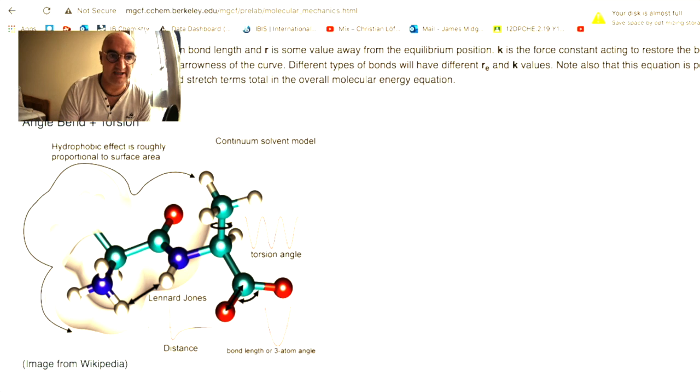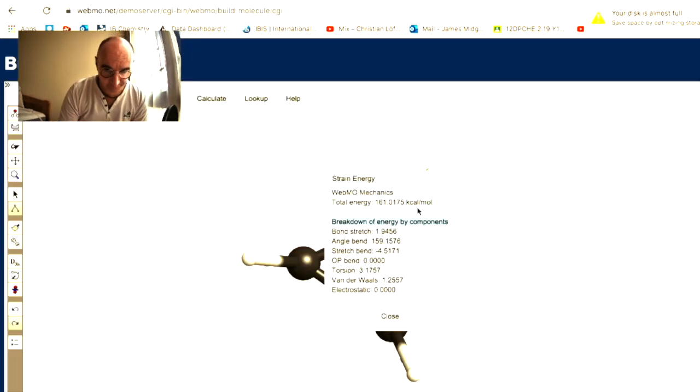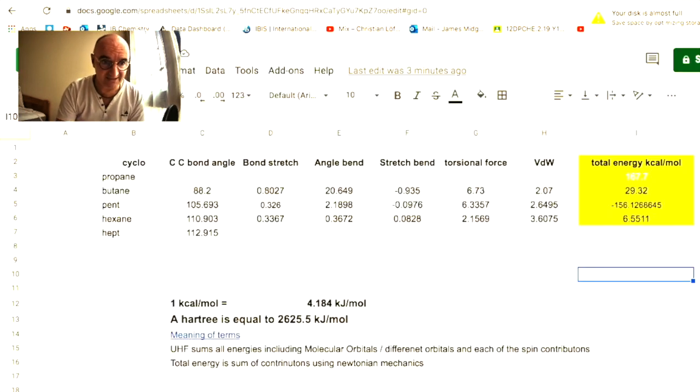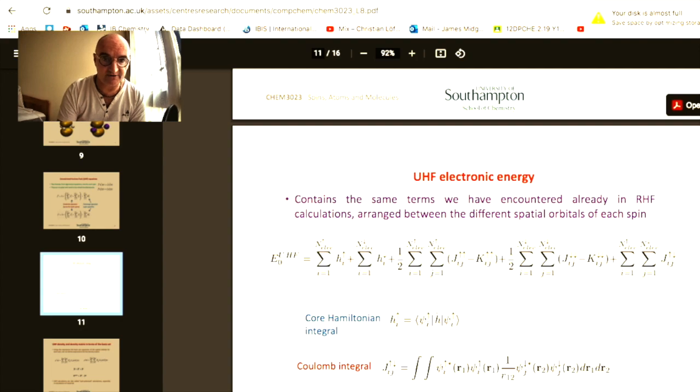So the torsional energy, which we get from WebMO, is going to be that energy which is here. So when those 2 atoms are interacting, what is the contribution of that level of energy? It's fabulous stuff, right? Gets me excited anyway. And then we go on, we have angle bend and stretch bend, and if we go back to our